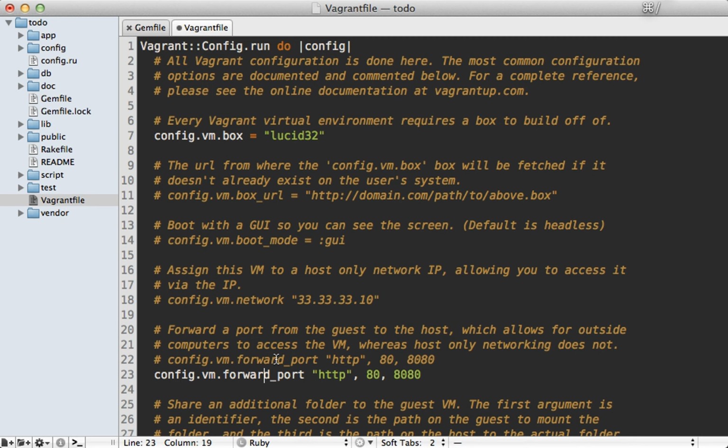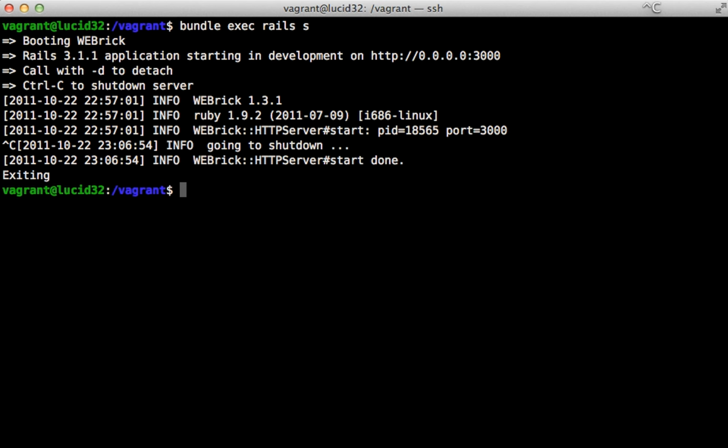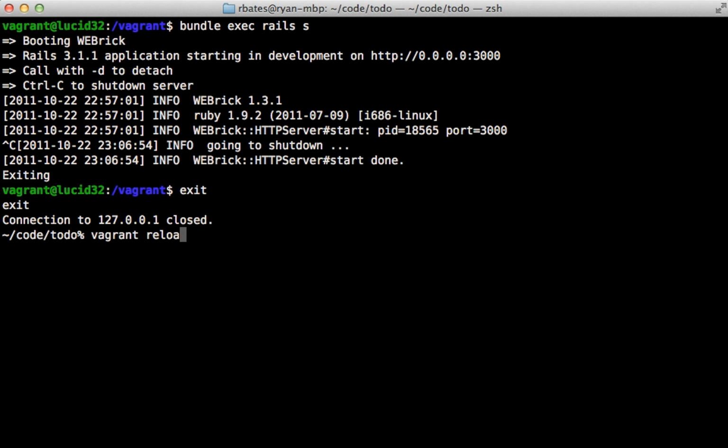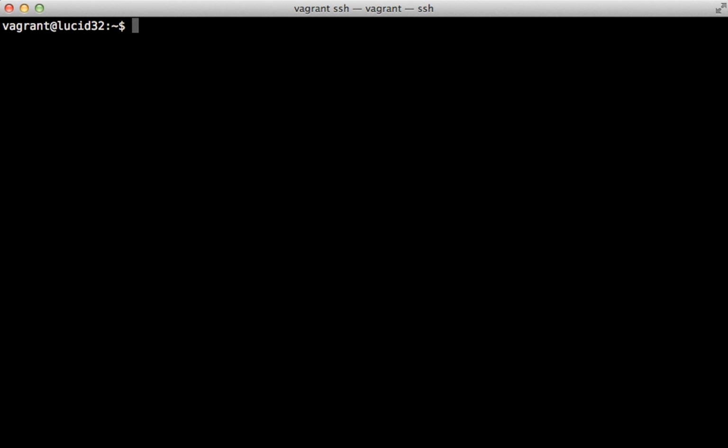So if we make a port forward call here, let's call it rails, you can give it any name you want as long as it's unique. Let's forward port 3000. I'll just forward it to 3000 as well on our localhost here. Now because we made a change to our Vagrant config, we need to exit out of our Vagrant shell here, and then call vagrant reload to reload that config. Now notice that that command shut down our virtual machine and set up the port forwarding for the 3000 port there. So now we can SSH into this again,